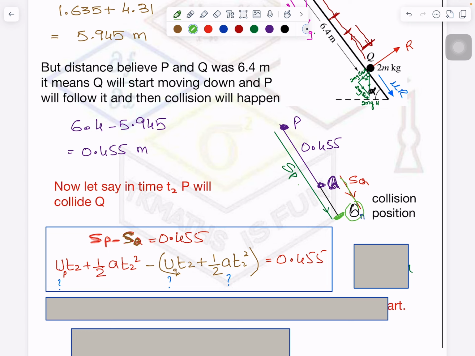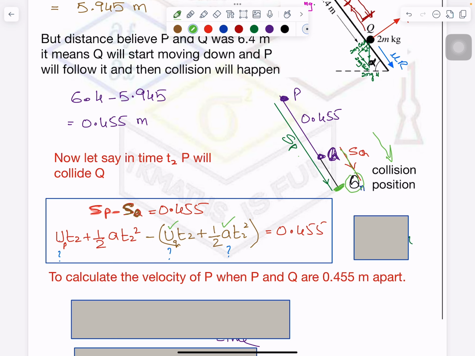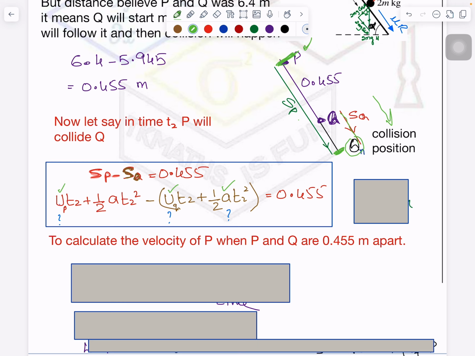Now, do you know all this information to put in here? I mean, UQ you know is 0, but you don't know the acceleration. When particle Q was going down, what was the acceleration? You don't know. For P, you know everything. Sorry, its velocity you don't know. At this point, what is the velocity of P? You don't know. So you have to find that out, because now we are talking about this situation. Okay. So let's calculate the velocity of P at this point,